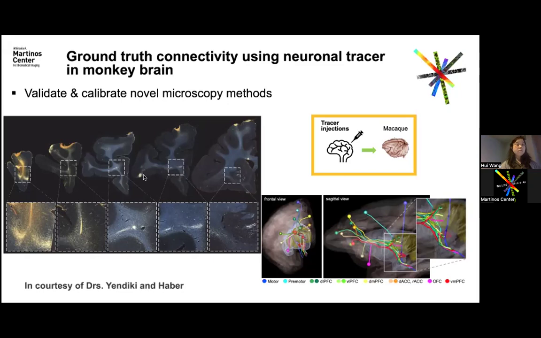On the left is tracer. They inject tracer from different cortical regions, and the tracers are fluorescent. They can look at where the tracer goes, lighting up in each individual slice. It's slice-based. They find corresponding locations, and from there they can make this trace schematic showing the trajectory of the fiber tracks by following the tracer locations.